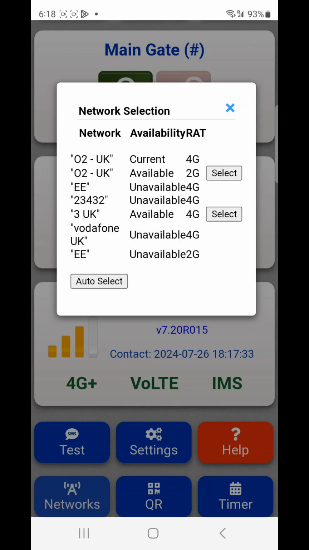You can see it's actually got a Tesco SIM in it, so it says it's O2 UK and it's on 4G. You can see there's also 2G available around here. We've got EE and another EE network. That other EE network is used by the emergency services, by the way. You can't select that. Then we can see we clearly got 3, but we only have 3 4G, and then